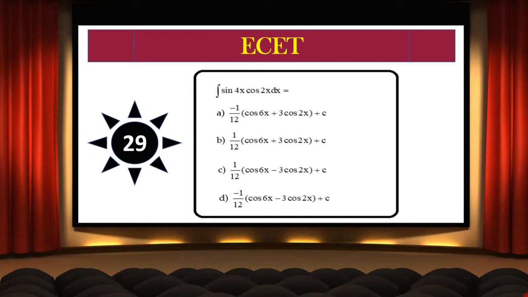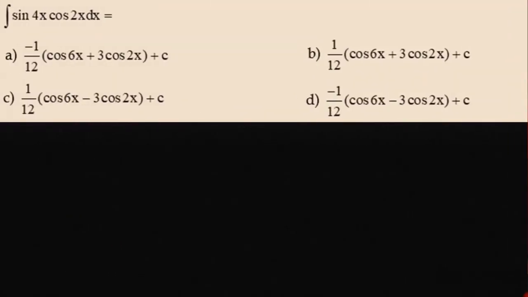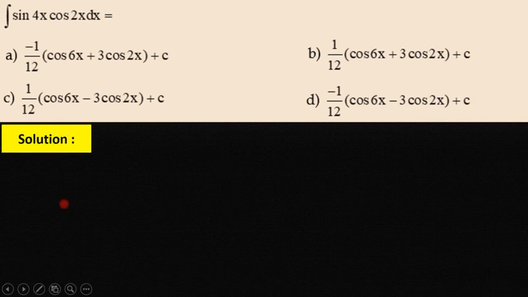Dear students, see the question number 29. Read the question and write it. The question is integral sin 4x into cos 2x dx is equals to, let us find this. Integral sin 4x